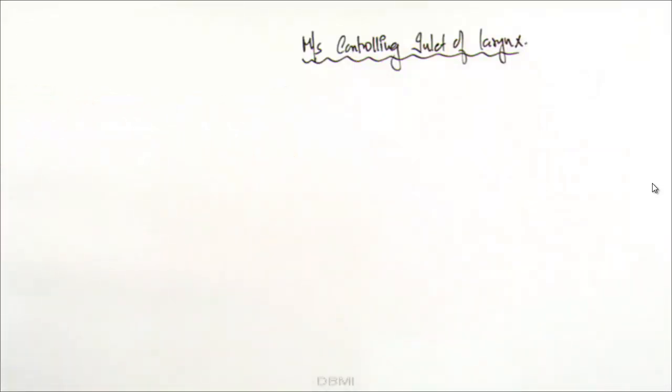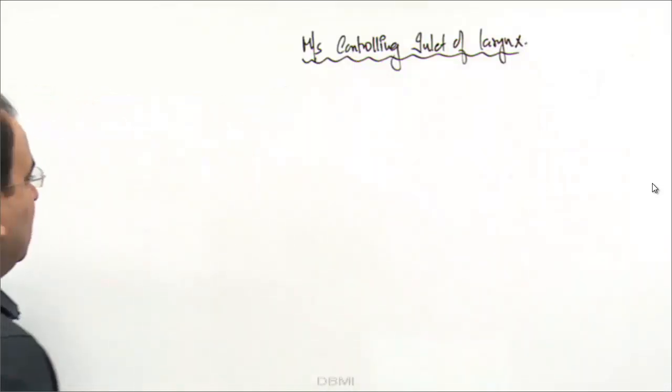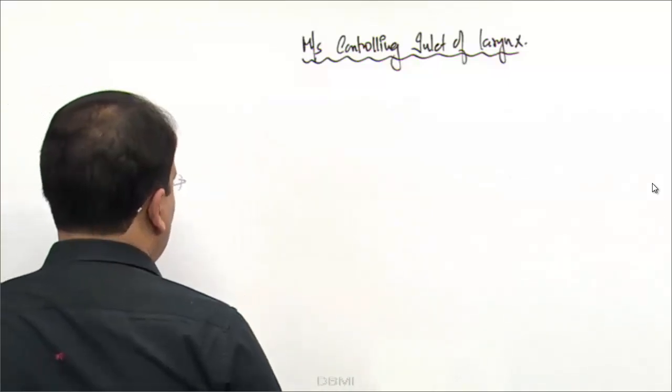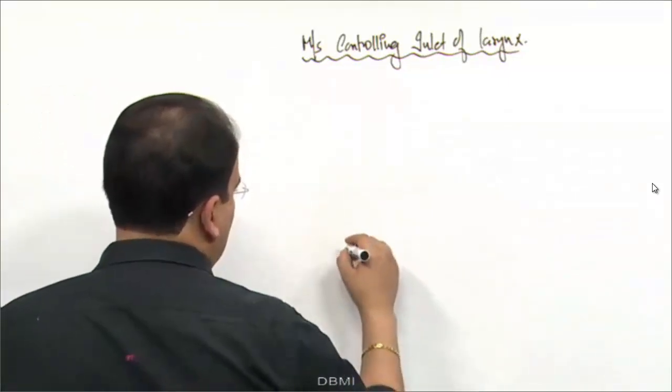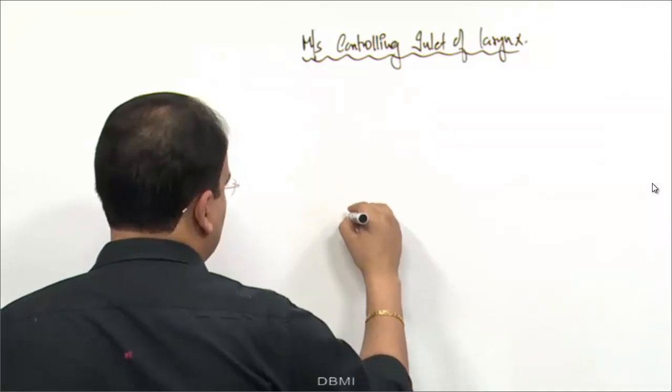Muscles controlling the inlet of larynx. How is the inlet of larynx controlled? That is by moving the epiglottis. Now, if this is epiglottis here,